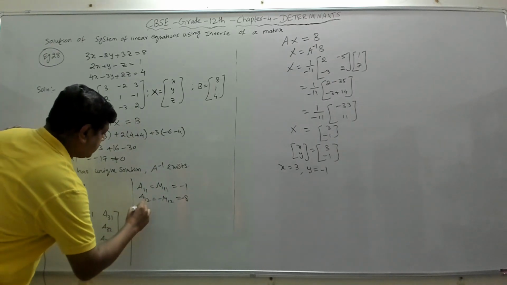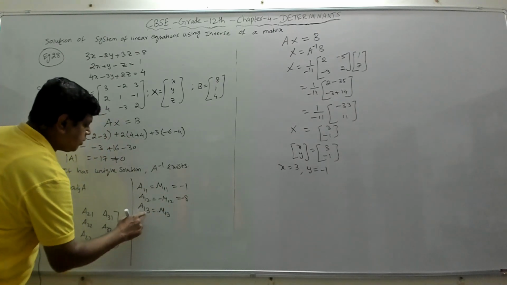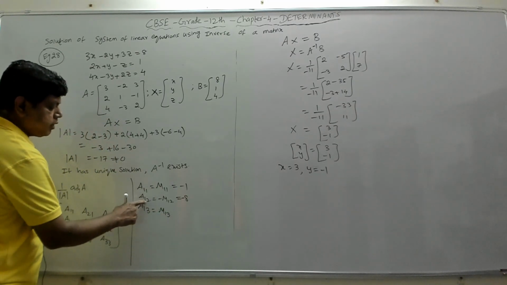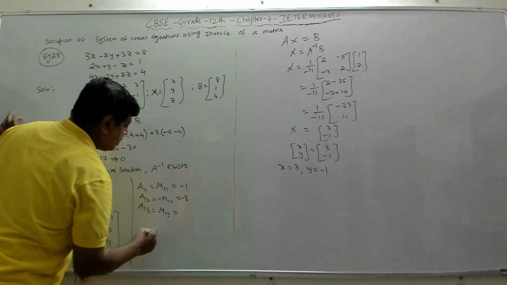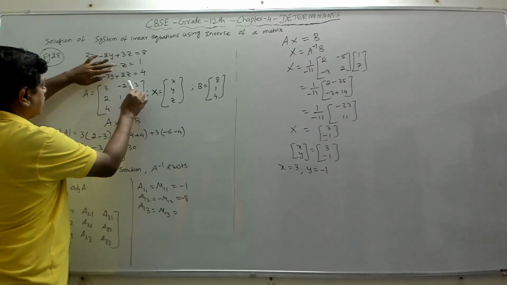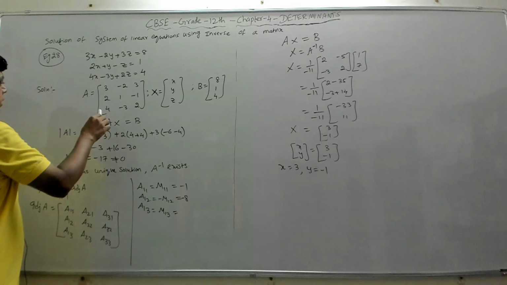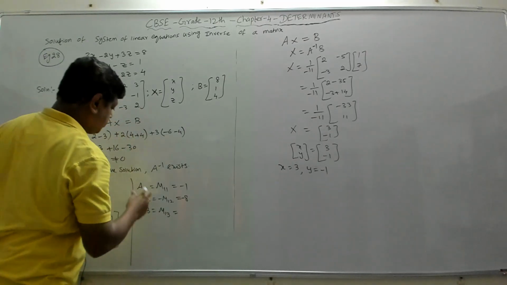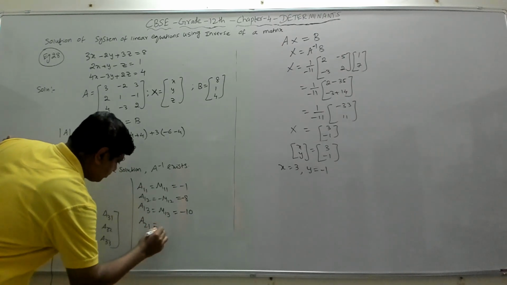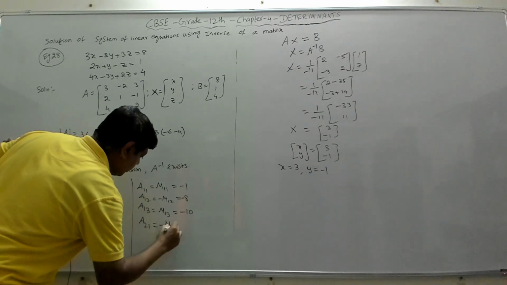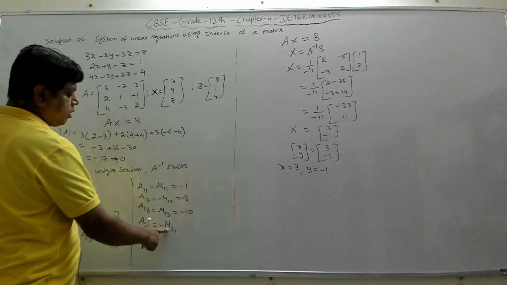Then A13 equals M13, because 1 plus 3 is 4, therefore no minus. Whenever the sum is odd, like 1 plus 2, it means minus, and even means plus. For M13, close this row and column: 2 3s are minus 6, minus 4 into 1 is minus 4, so minus 6 minus 4 is minus 10. Similarly, let's find A21. A21 is negative M21 because 2 plus 1 is 3. So negative M21 means the minor of 2 1.